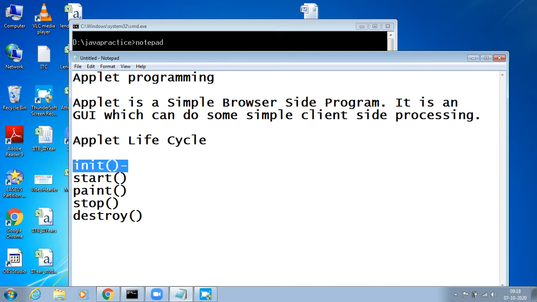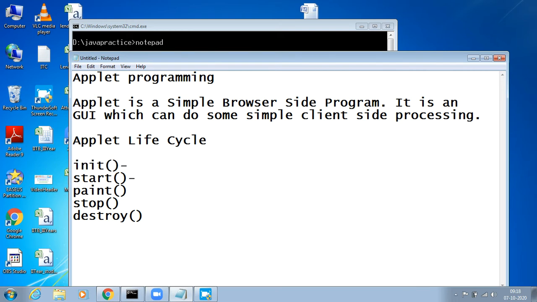Like an applet needs some color to draw, an applet needs some fonts to be given, a basic initial value. For example, if I take a for loop and want to iterate from 1 to 100, I should have the initial value of i equal to 0. So the initial value will be declared in the declaration section. In the same manner, init is a method which contains the initial declarations of the applet. I'll show a program to you, don't worry about that.